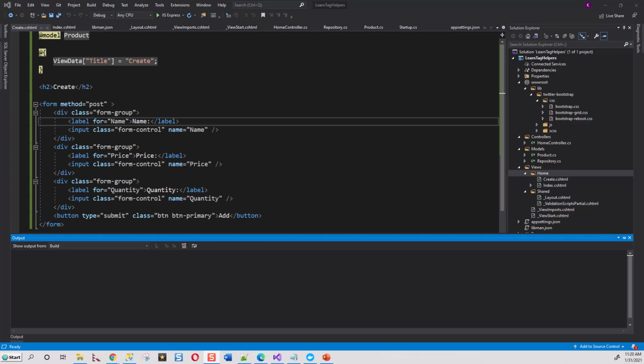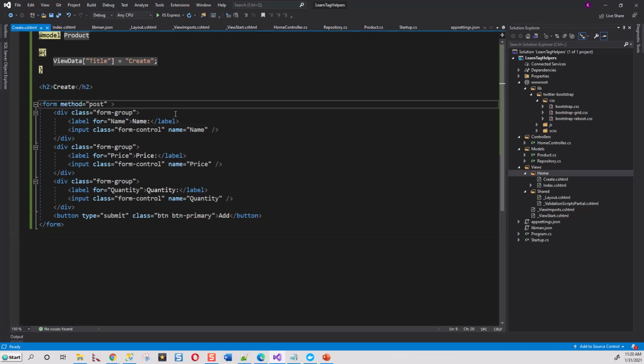So what we will do is asp-action method post, asp-controller home, asp-action create. Now asp-antiforgery equals true. Let us write asp. Now that dash is automatically coming, so antiforgery equals true. So this is enabled. Okay, just save it and come back to the home controller,